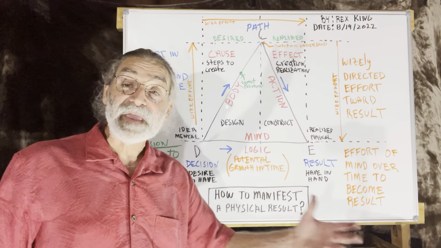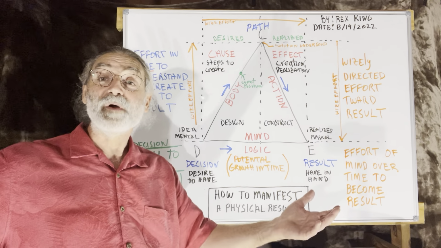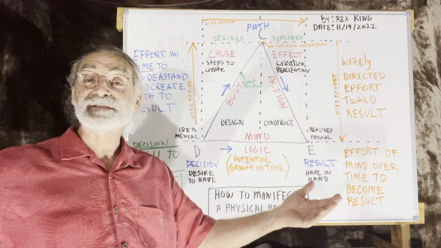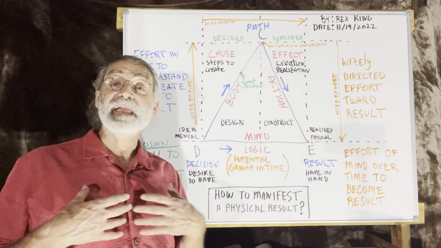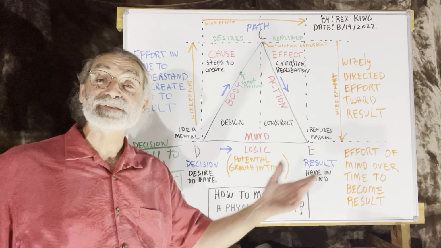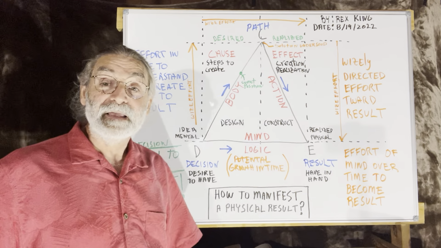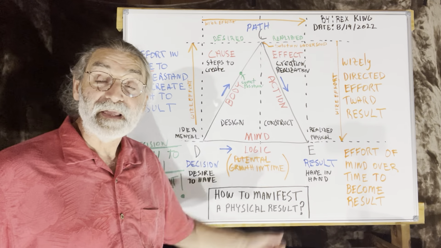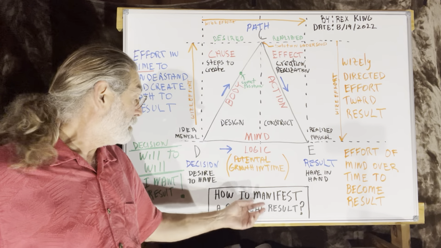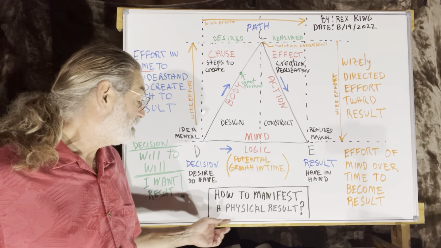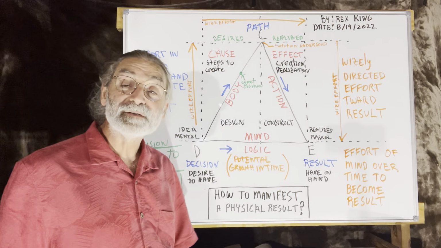Same thing for the man. If the man wants to have a woman that's that wonderful and have a family that she brings into his life and all, he needs to be the man that can do that. He better go to school, become an engineer or some trade, and this is the process to learn that trade. And this is the process to find the woman. And this is the process to manifest the physical result in the world that you're looking for.